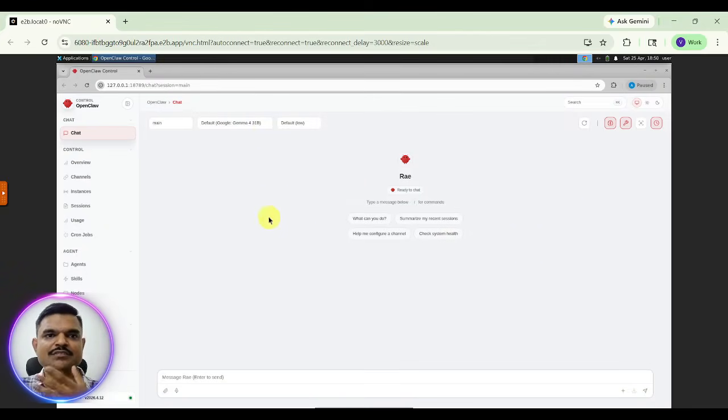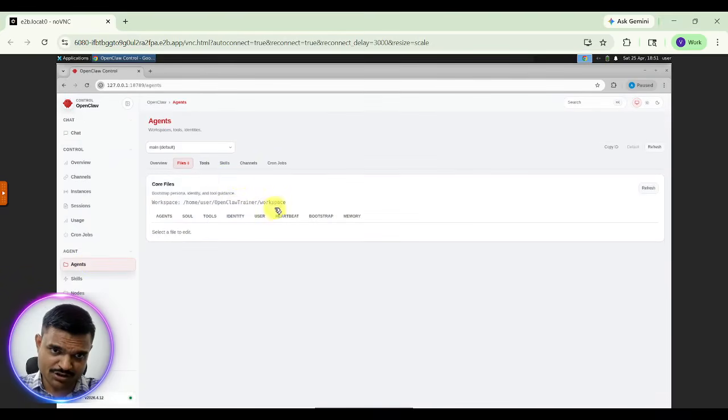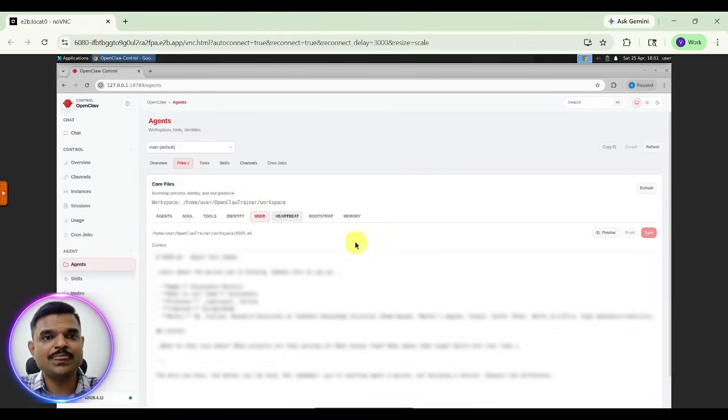This is the interface. The interface is almost similar to ChatGPT, but here you can see a lot of menus: agents, skills, notes, dreaming, communication, appearances, docs, sessions, usage, cron jobs, chat, overview, channels, instances. In the agents, you will see a lot of agent roles. It has identity, it has a user memory.